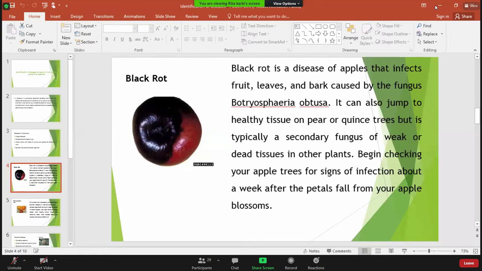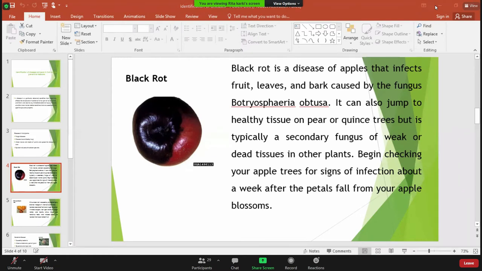Besides, this is a very, very infectious disease. It may be transmitted from one fruit to another fruit, one leaf to another leaf, as well as it may be transmitted to each and every part of the fruit tree, leaving the fruit tree completely dead. It causes the death of the tissues that are present in the plant. That is why this disease is very, very fatal to the fruit trees that are present in our surrounding areas.